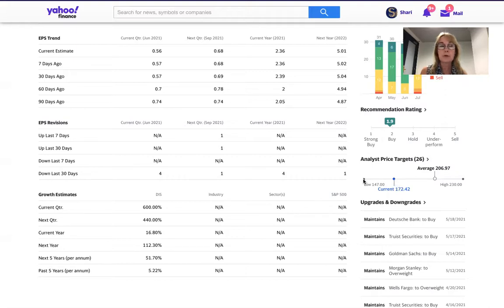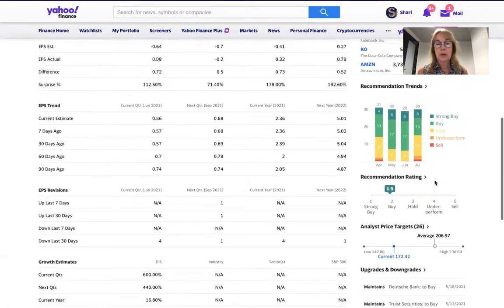The lowest, the most pessimistic expert has valued Disney at 147. The most optimistic expert has valued it at 230. So what we saw on the summary page was 206.97. That's what the average is. All right, so what you can do is, first let me talk about comparing the required return to the expected